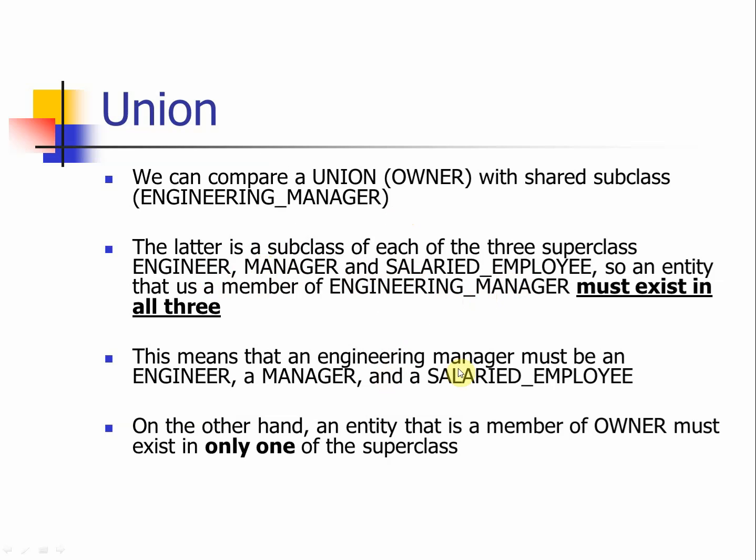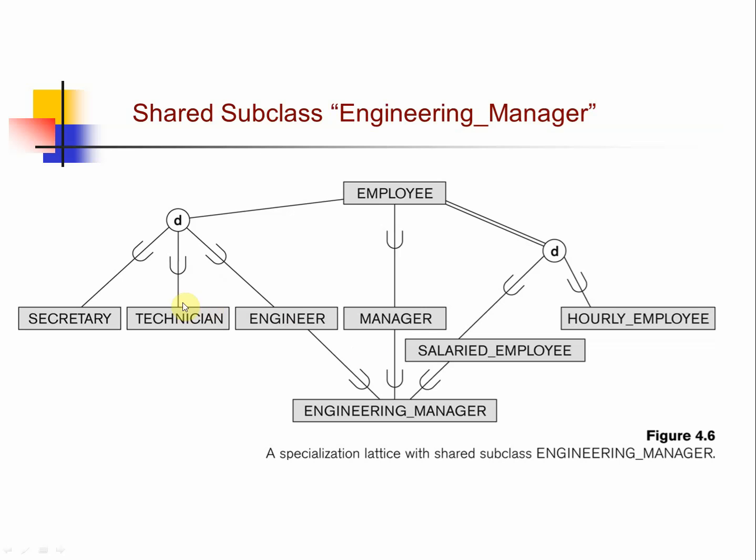This means that an engineer manager must be an engineer as well as a manager as well as a salaried employee. So if we look into this slide, it talks about the multiple inheritance, which is a shared subclass. So you can see that in this representation, engineer manager is an engineer and a manager and a